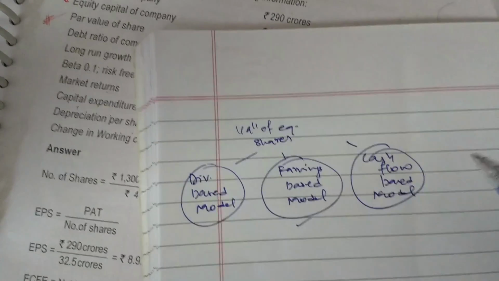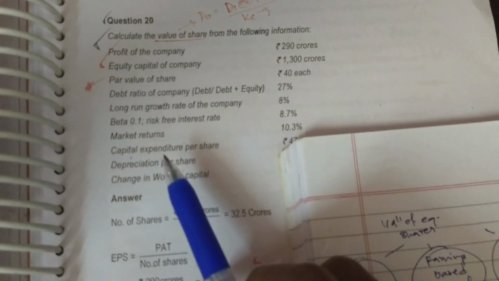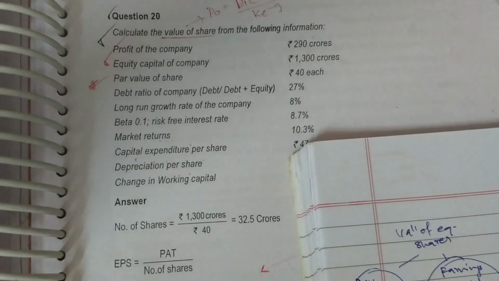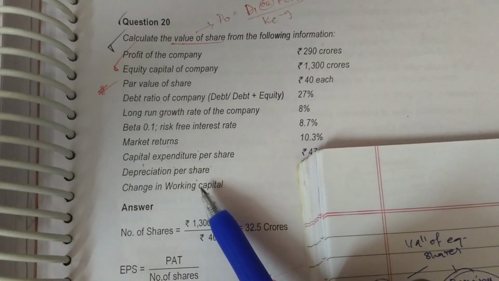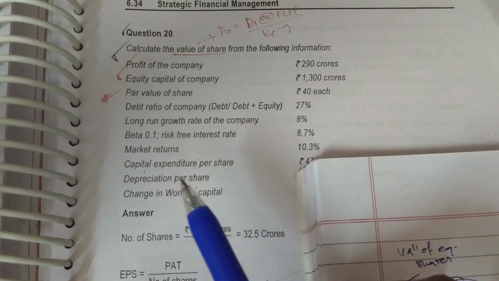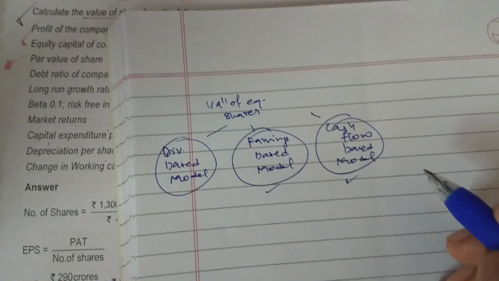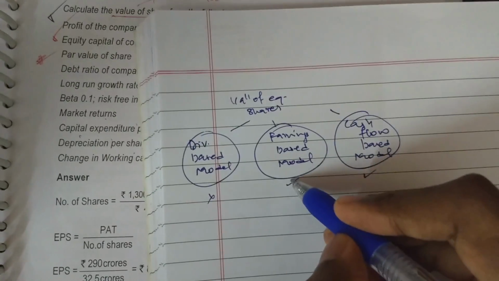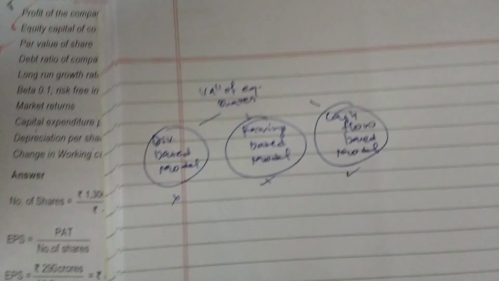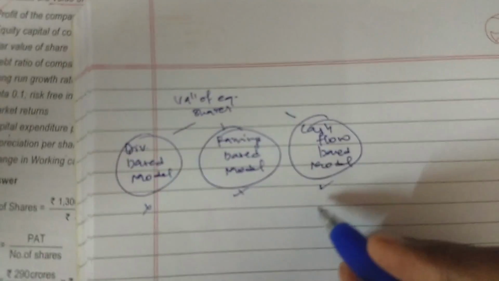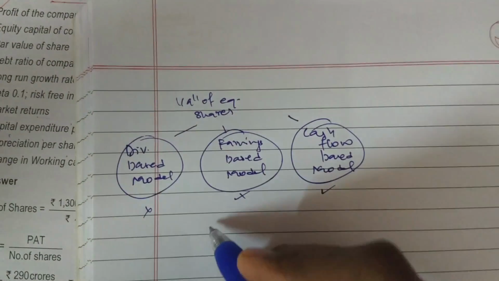In this question, there are points such as capital expenditure per share, depreciation per share, change in working capital. These suggest a particular method, which is the cash flow based model. So dividend is ignored and earnings are ignored. Under the cash flow based model, there are things like